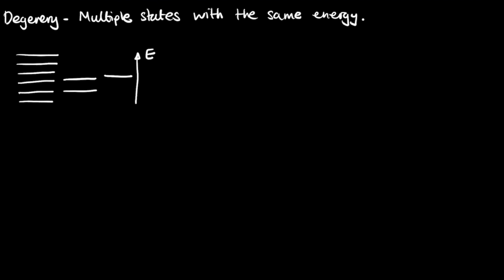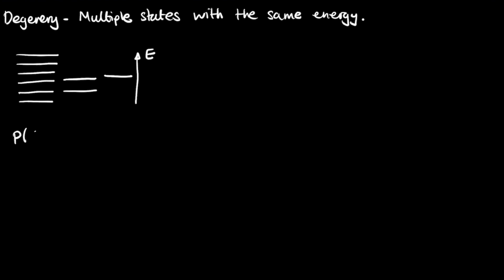Basically, we need to count further states, and obviously that is going to affect the probabilities of particles being in a certain energy state, and therefore it's going to affect things like the partition function and the Boltzmann factor and stuff like that. So how are we going to factor in this degeneracy? Well, going back to the Boltzmann formula for the probability,